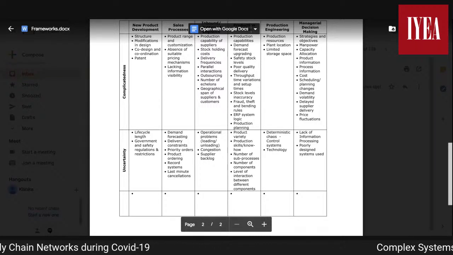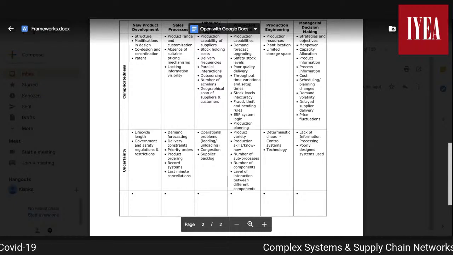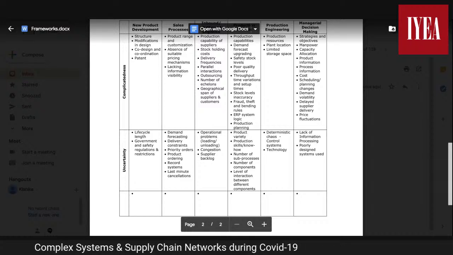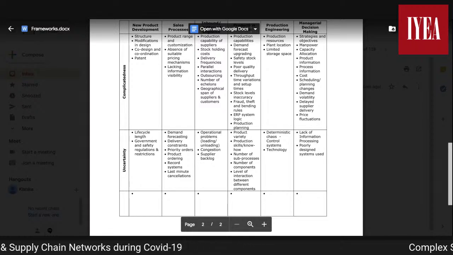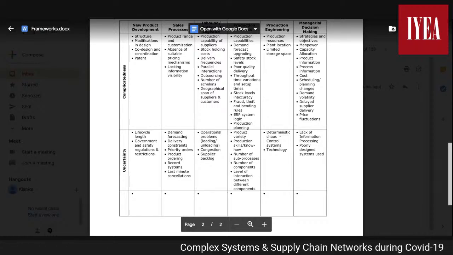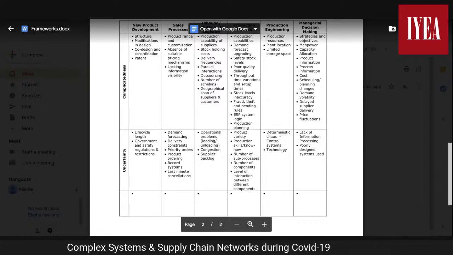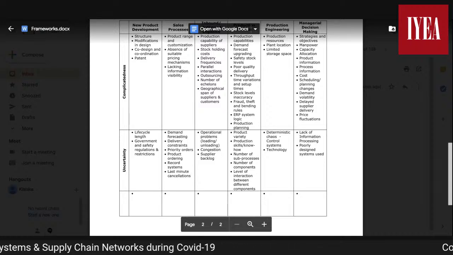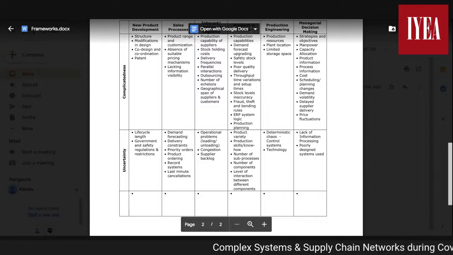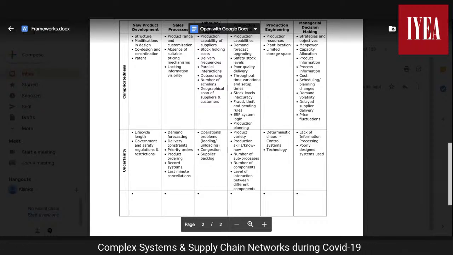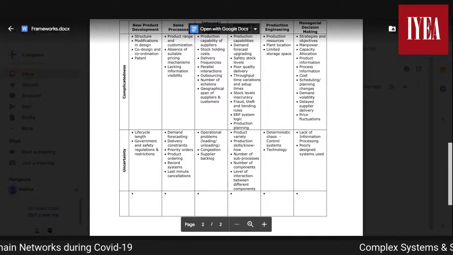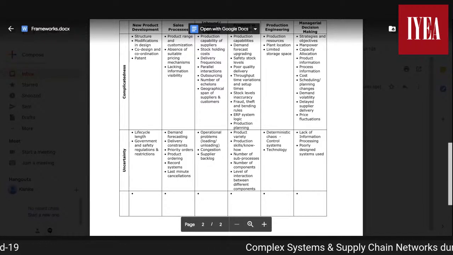And of course, just as I discussed before, managers play a very important role in contributing to the complicatedness and uncertainty. So managerial decision-making is important. The strategies and the objectives that are put in place, the manpower, information costs, scheduling and planning changes, volatility, price fluctuations, all of these contribute to complicatedness. Whereas the lack of information processing or transparency within the organization, or poorly designed systems, they lead to uncertainty.